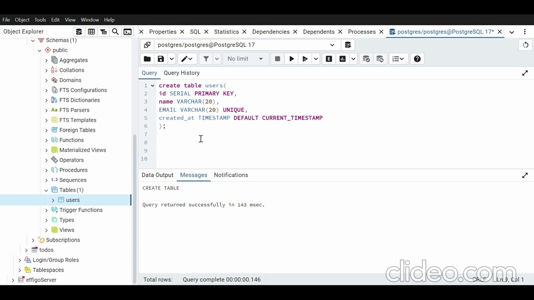Okay. First of all, we'll insert the data. For that, the query is insert into users, the table name that we have. What we'll insert is name and email, because ID primary key is serial, so it will be auto generated by Postgres itself, and the created at stamp is also created by Postgres itself. So the query for inserting data into our table is insert into users. What we are going to insert is name and email, and the values for this are